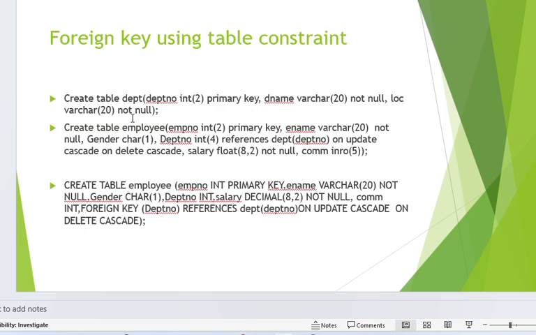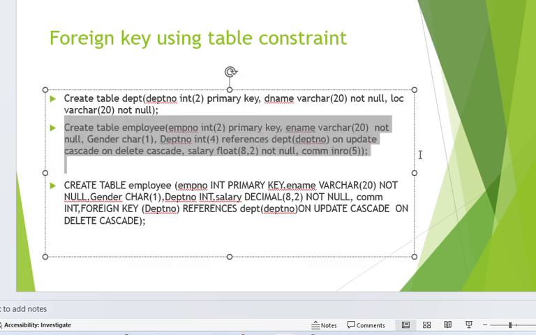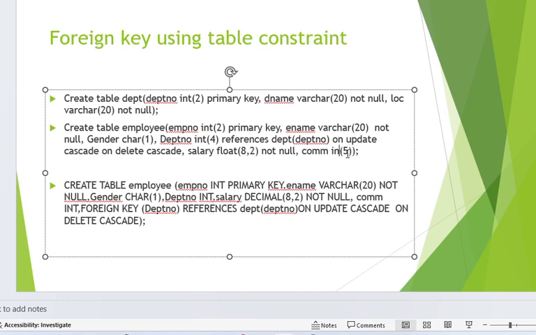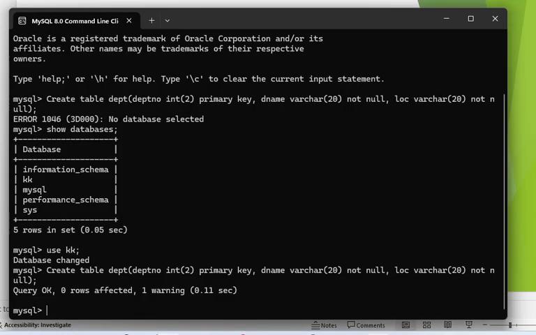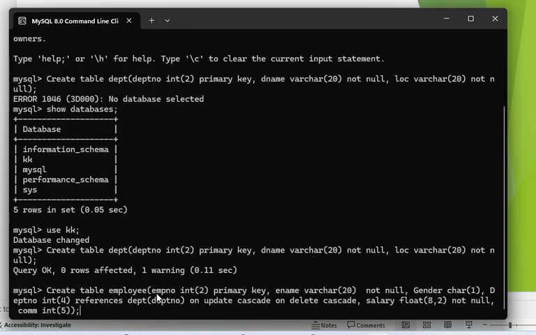So I have written two queries here. I will be showing you both the queries, why I have used these two queries, and what will be the effect of these two queries. So I'm straight away copying here. Create table employee, employee number 2, primary key, employee name varchar 20 not null,